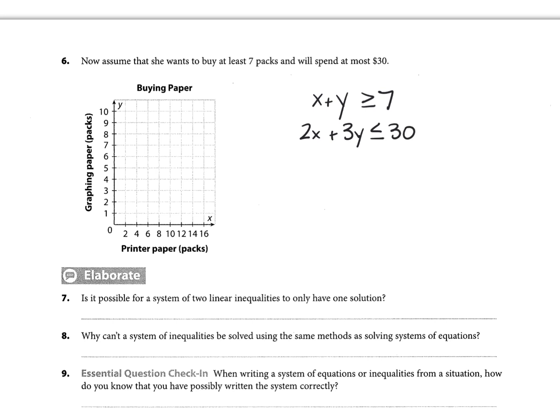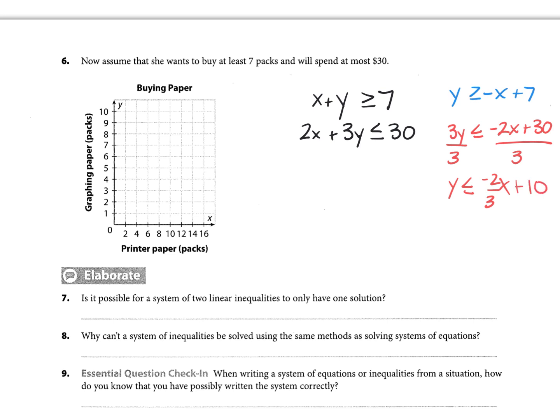So again, we're going to transition these into slope-intercept form. This one becomes y is greater than or equal to negative x plus 7, because we had to flip it to the other side. This one would turn into 3y is less than or equal to negative 2x plus 30. And then we'd have to divide by 3, leaving us with negative 2/3 x